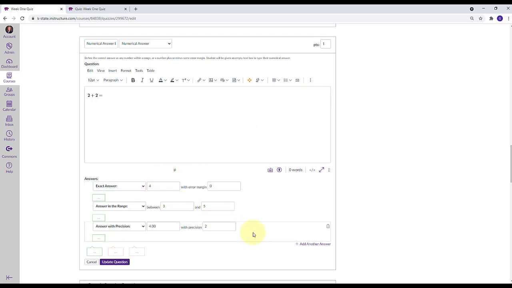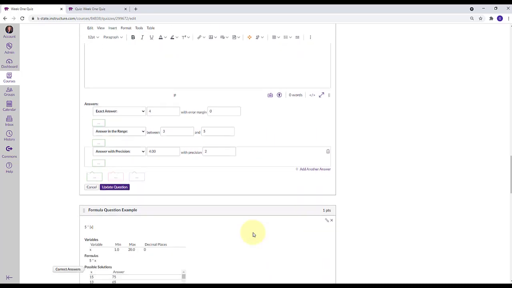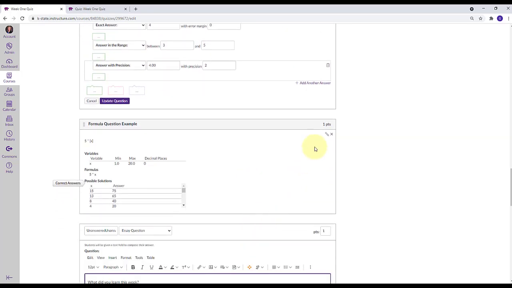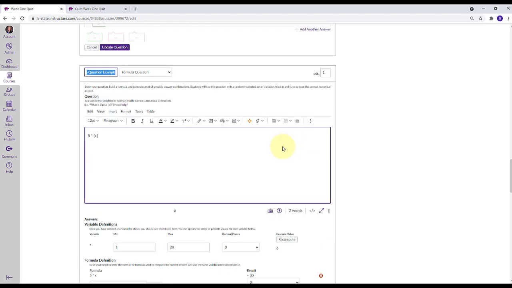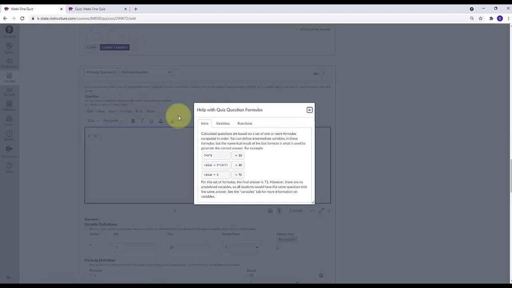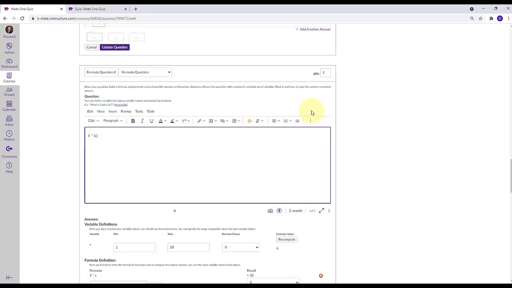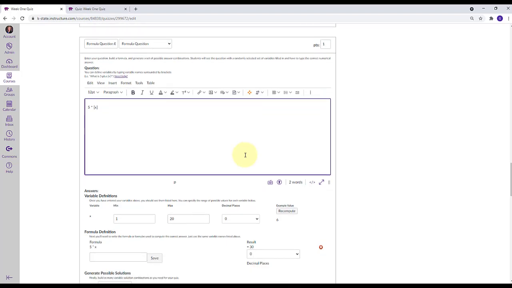Even though I've divided up the question types into 2 videos, the formula question gets a bit involved, so I will include some additional resources in the video description and point out that the editor has a Need Help function with explanations and examples under 3 different tabs of an intro, variables, and functions. A benefit for formula questions is that Canvas will use the same equation but change a variable so the same equation will result in different answers among students.